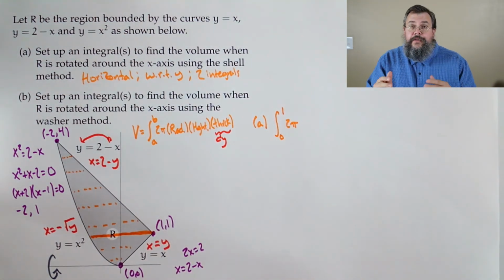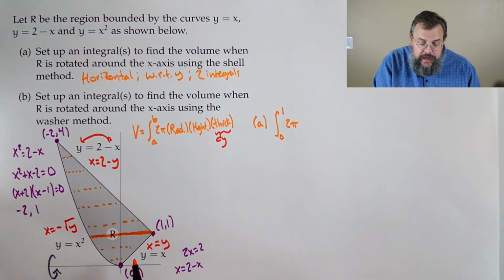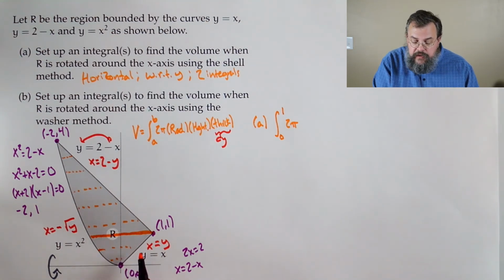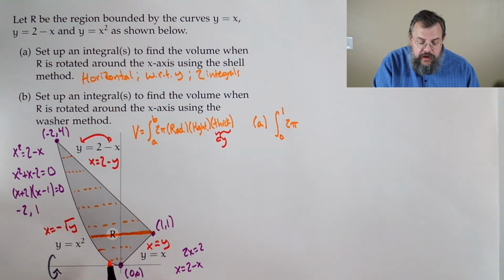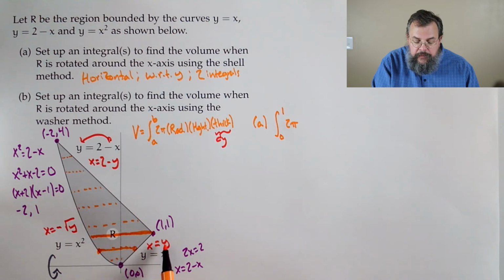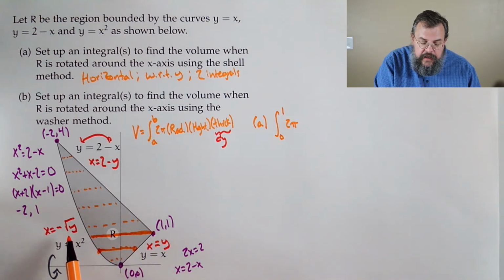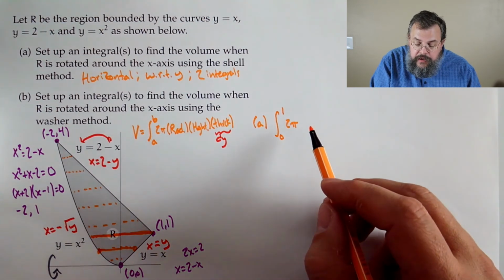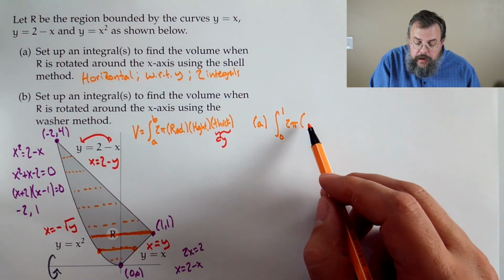Now, what's our radius? Well, our radius is how far we are across the horizontal length, because we're horizontal slicing. Okay, so that would be from where? On the right-hand side, our x value is y. The left-hand side, it's minus root y. So it's going to be our,